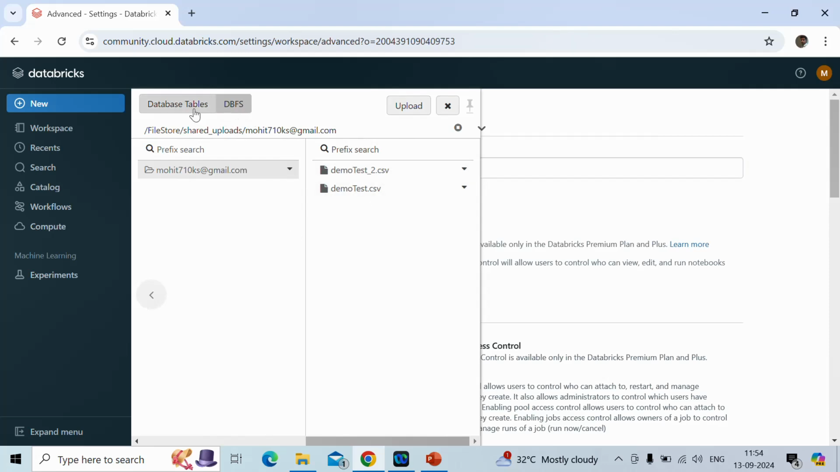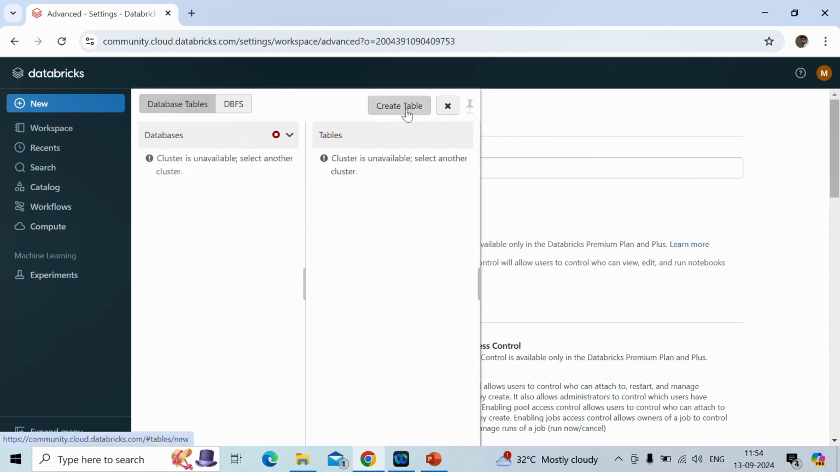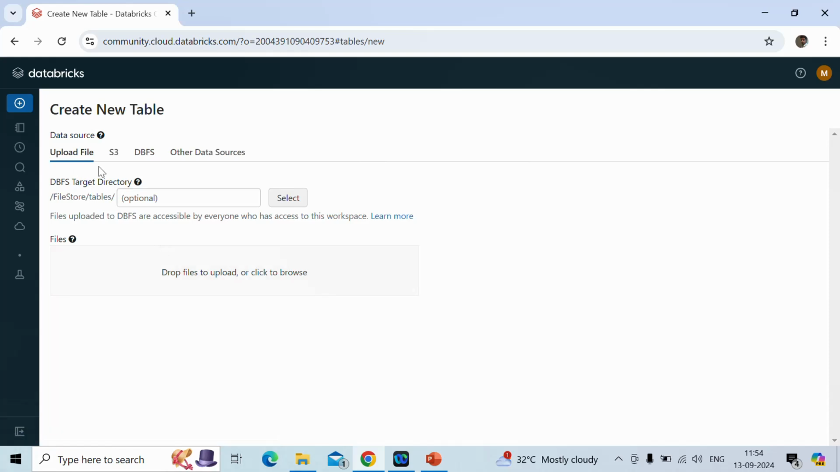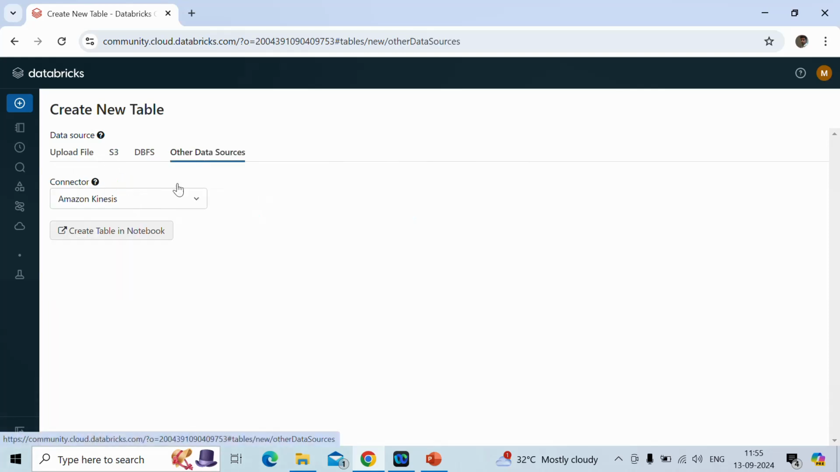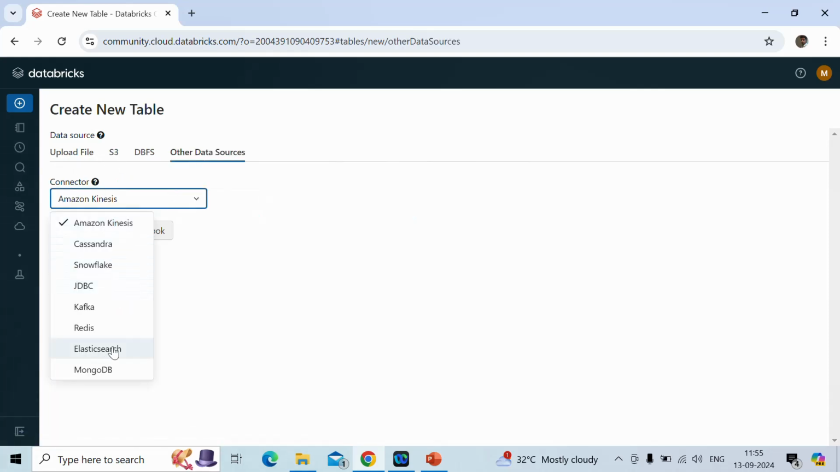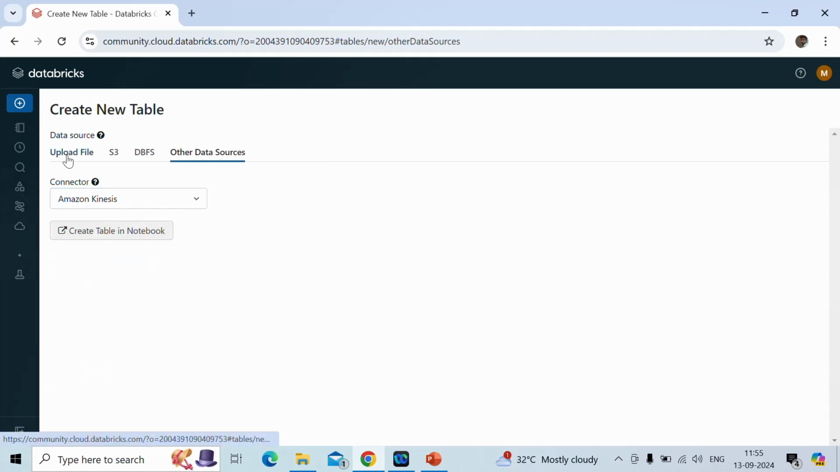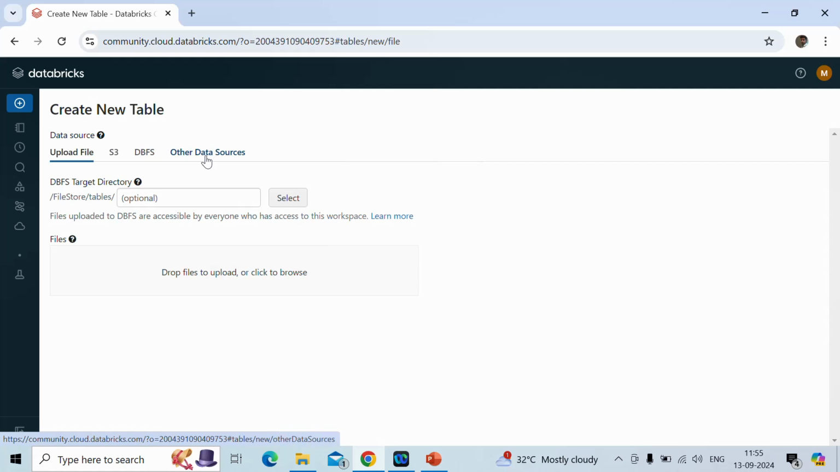There is another option, like database table. If you click on Create Table, from here also you can upload your file. It will give you the option to upload a file, and also to upload a file from other sources as well. As per your requirement, you can choose your source and upload your data from there itself. So this was all about how we can enable the DBFS file browser and how we can upload and access our files. From the next video onwards, we will explore